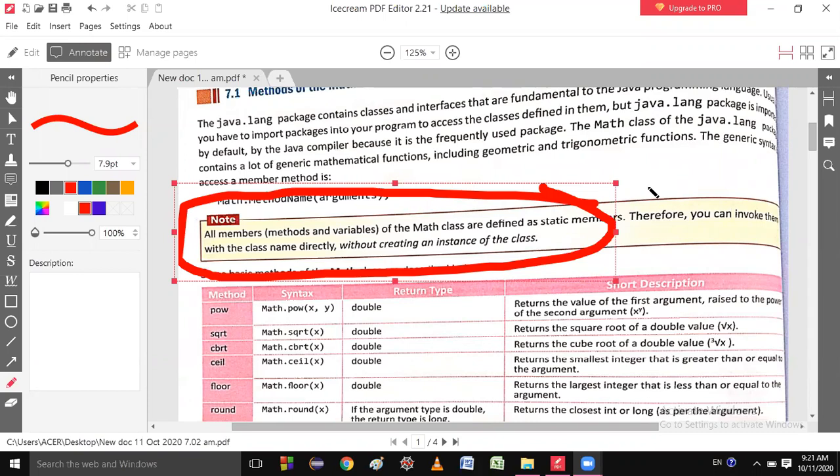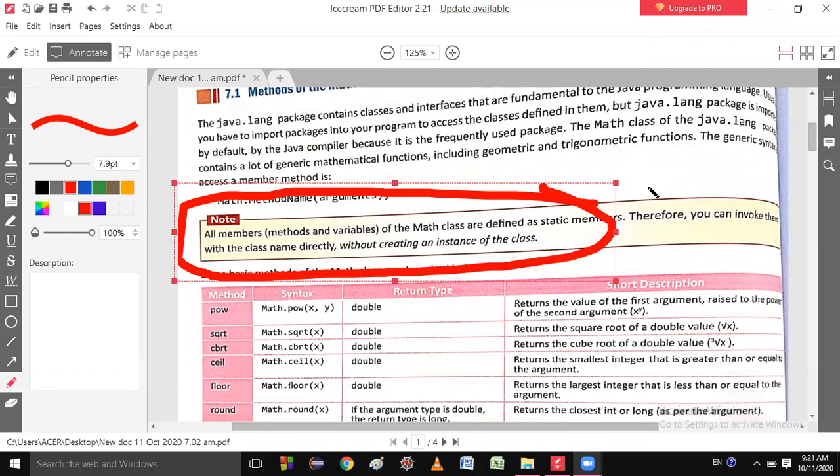Hello? Saurav? Sir, we can call by the class. Who said the answer? Arpita?